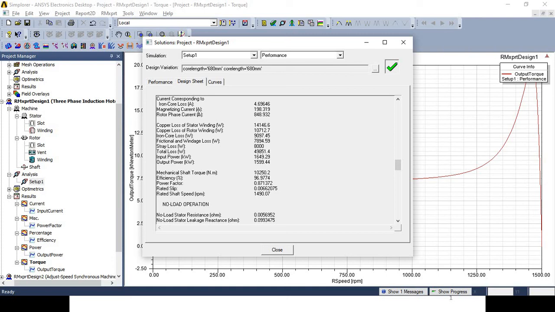copper loss of the rotor winding in watt, iron core loss in watt, frictional and windage loss in watt, stray loss in watt, total loss in watt, input power in kilowatt, output power in kilowatt, then mechanical shaft torque in Newton meter, efficiency in percentage, power factor, then rated slip, rated shaft speed in RPM,